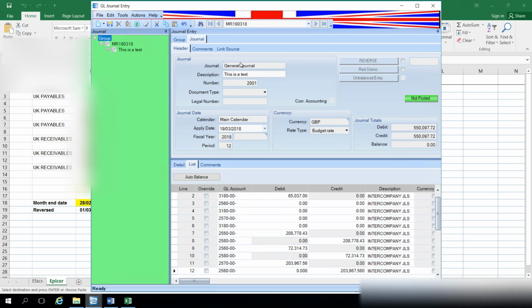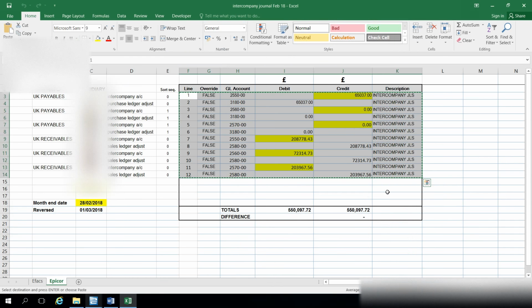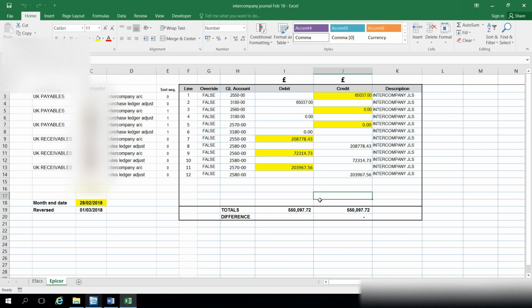What I want to quickly show you is what I've done on here. So this is essentially used as a template. Ultimately, if you've got more than one or two rows, it's better to do it this way really. You can add as many rows to this as you want. If you've got accruals with 200 rows in it, you're not going to sit there doing the manual way of inputting it. You're better off